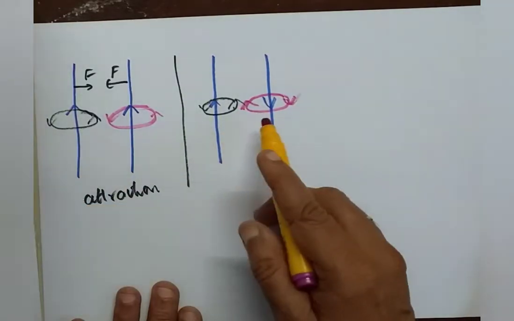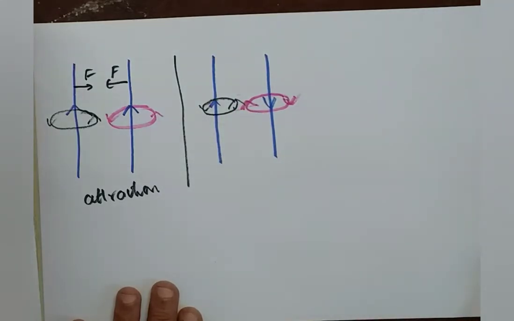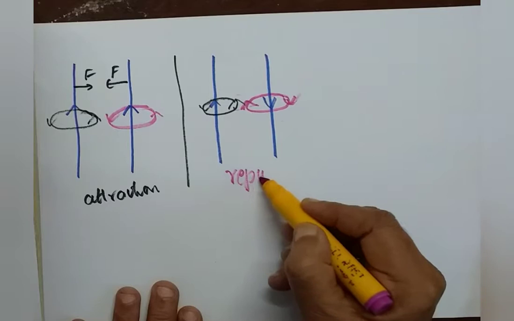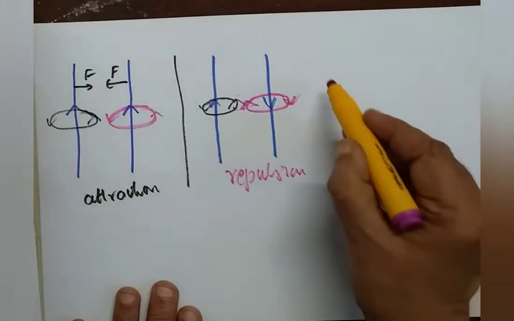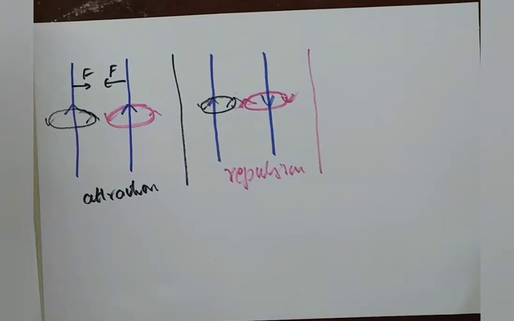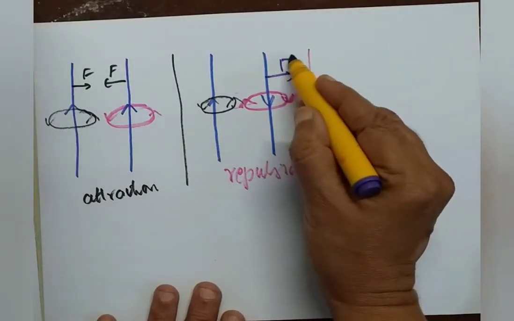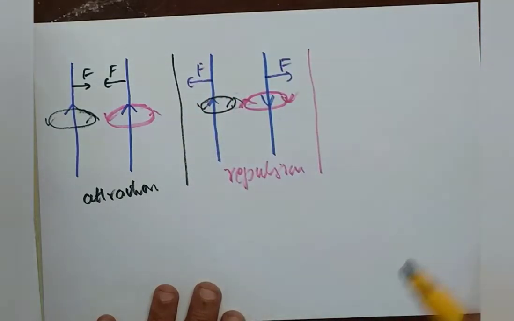Observe now the difference between these two. In between the two wires, there are two field lines which are in the same direction. Therefore, they seem to come from similar poles, north poles or south poles. Therefore, there should be repulsion between the two wires. So, when two parallel wires carry current in the same direction, there is attraction. When two wires carry current in the opposite direction, there is repulsion. The repulsive force on this is F this way, in this case.